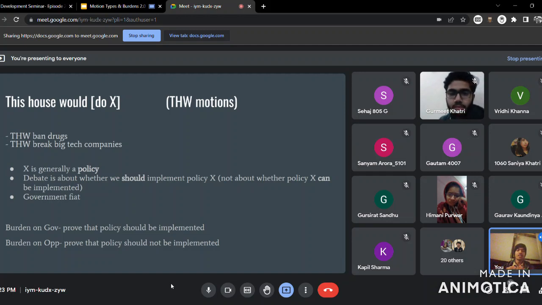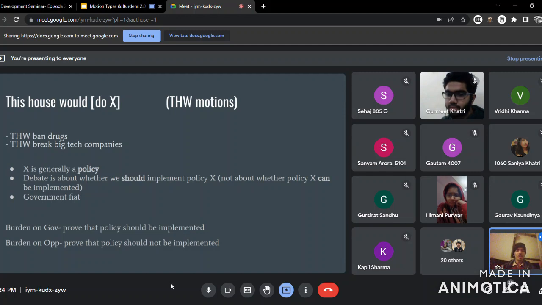So what cannot happen in debates is the opposition telling the government that your policy won't be passed in the parliament, or that politicians won't pass your policy. This is not something that opposition teams are allowed to do in a debate. Gov teams are allowed to assume that this policy will be passed. Now, this doesn't mean that it will be implemented perfectly. Opposition teams have the power to question the quality of implementation, as to how efficiently you would be able to implement it. What they cannot question is that this policy will be passed.